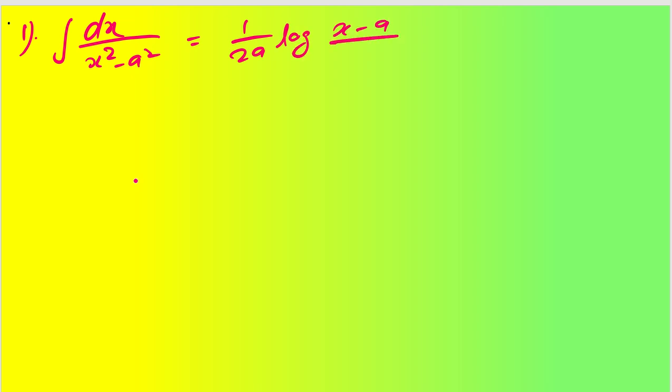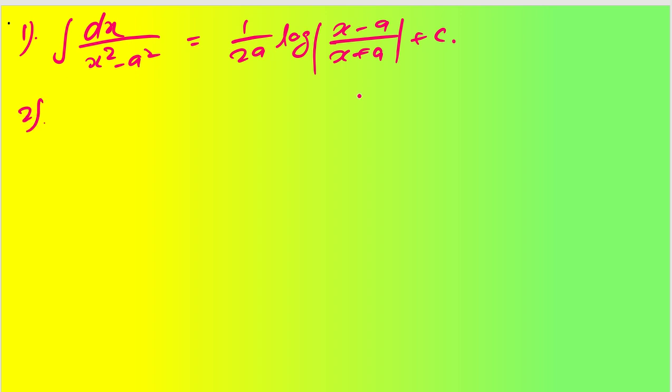Like, let us say first one is integration of dx by x square minus a square. So this will be equal to 1 by 2a log of x minus a by x plus a plus some constant c. These I am going to give you, like total around 6-7 formulas are there. So I am giving you as a formula, you can memorize them. At the same time, I'll try to derive them as a question as well. So this is a question that is given, and you can solve this by using some integration techniques. So it is always good to memorize this kind of formulas.